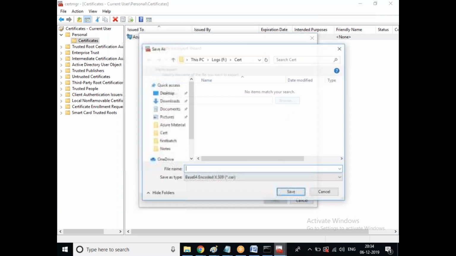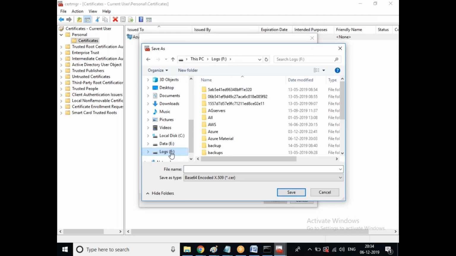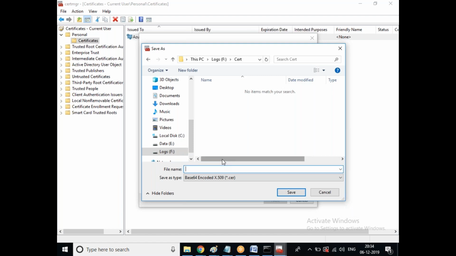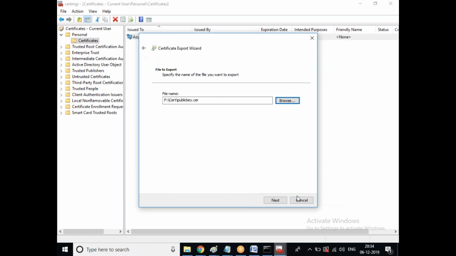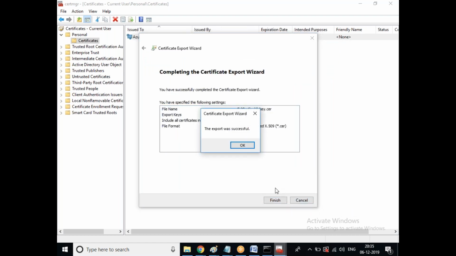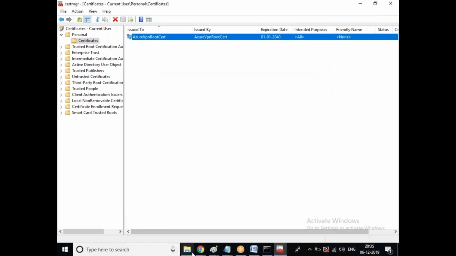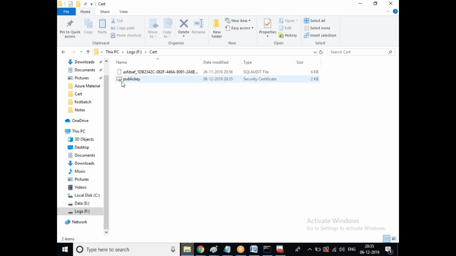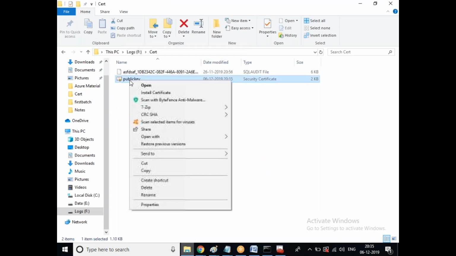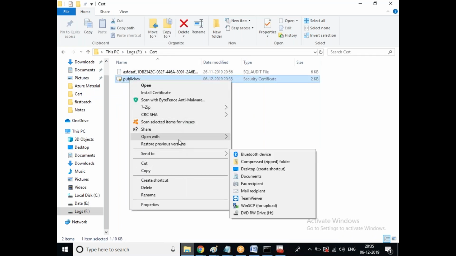So where do I want to generate the certificate? Yes, in this folder. So I'll keep it as public key. Public key certificate. So the extension of this one is .cer, which is a certificate. And next, finish. It is going to be exported into that directory. See here, public key. This is exported. If I go and look at the certificate,